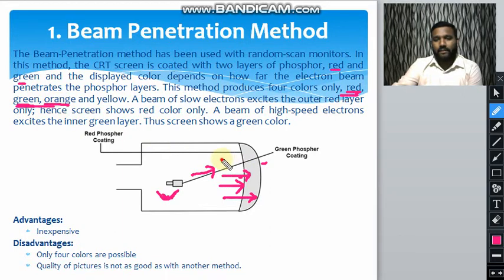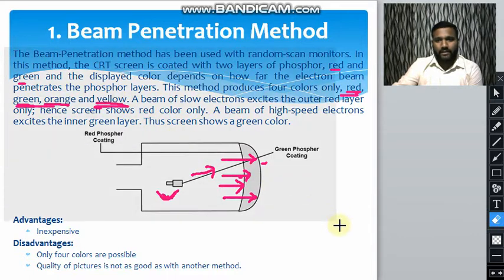And when the speed of the electron is much higher, it will penetrate the red one but does not penetrate the green one, then the color it gives is yellow. So these are the four colors which are produced in beam penetration method, and there are certain advantages and disadvantages